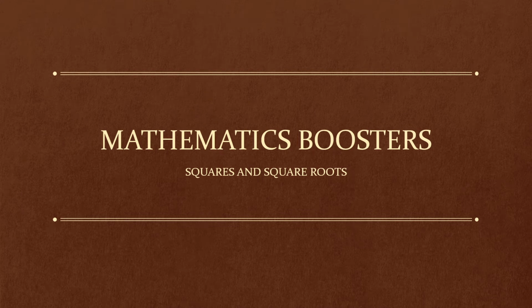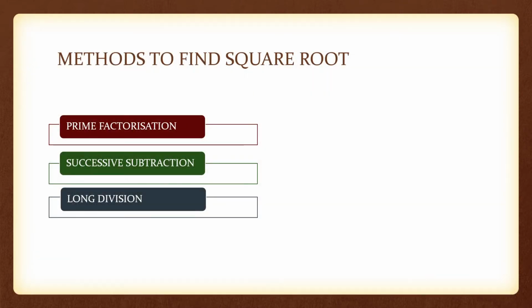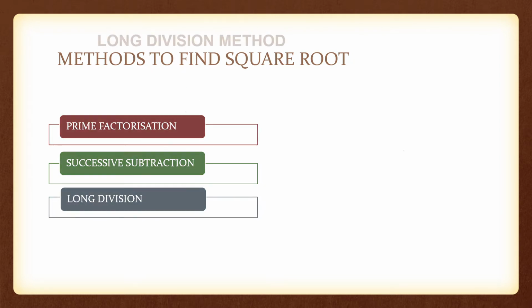Welcome everyone to a new series, and the topic of this series is squares and square roots. So let's discuss the methods to find square root. We have three methods: prime factorization, successive subtraction and long division. In this video we will discuss the most commonly used method in order to find square root, that is the long division method. Using an example